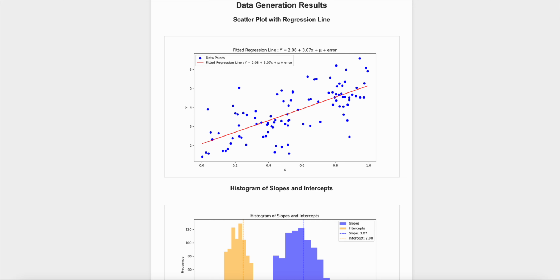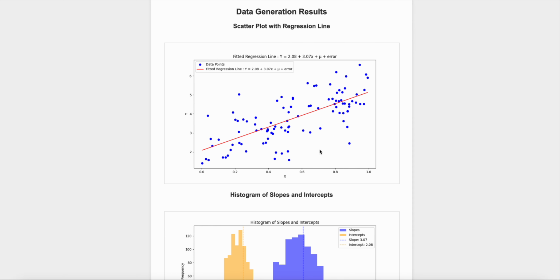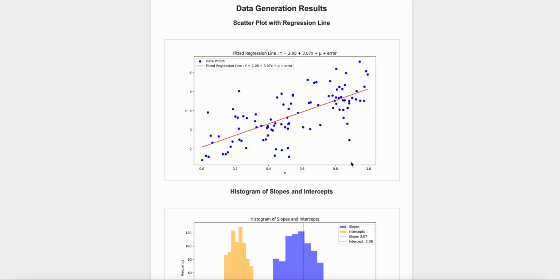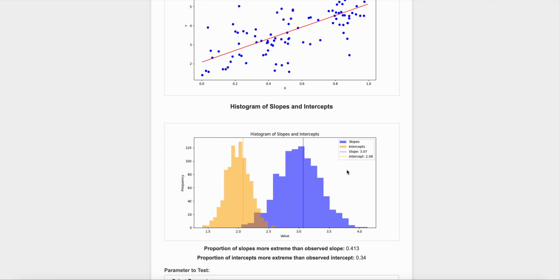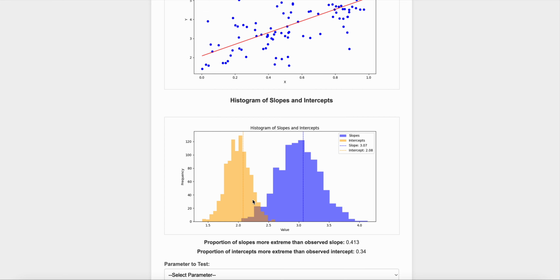This graph shows the data points, represented by blue dots here, and the fitted regression line represented by the red line. This graph allows us to see the scatter distribution of the data and how well the regression model is fitted. The second graph is the histogram of the slope and intercept